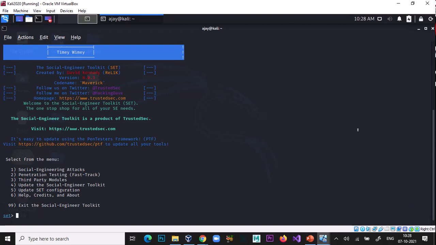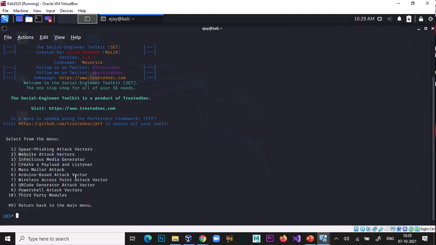Select from the menu. In the first option, you have to select social engineering attacks. Press 1 here, press enter. Now select from the menu: spear phishing attack, website attack, or infectious media generator.